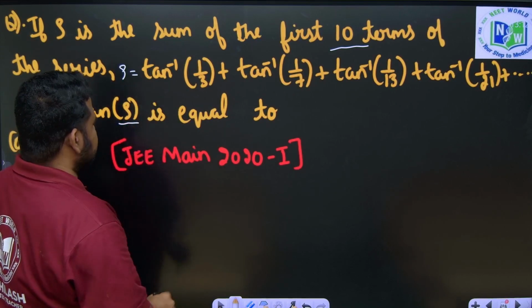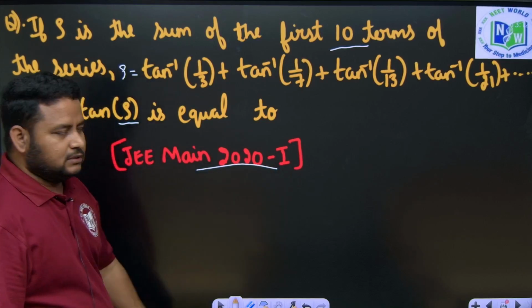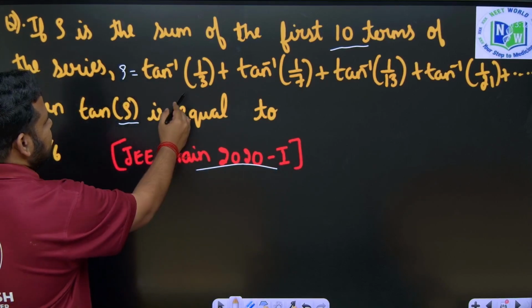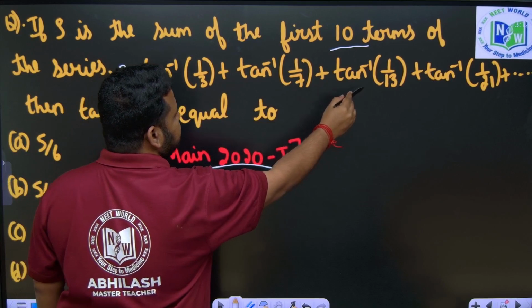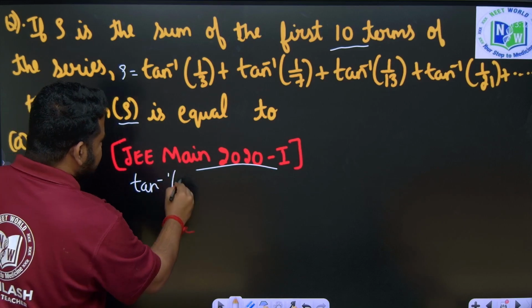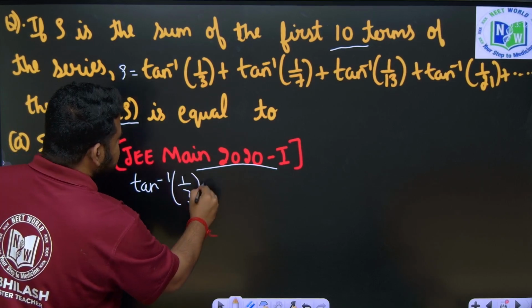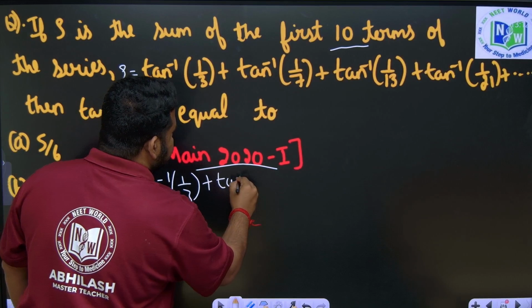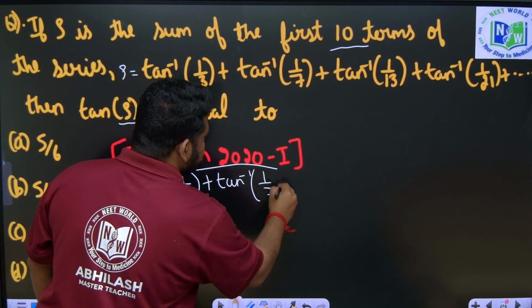S is equal to this one. This is asking JEE Main 2020. Okay, how to solve this? So tan inverse of 1 by 3, tan inverse of 1 by 7, tan inverse of 1 by 13. So let me take the first three terms. They have given tan inverse of 1 by 3 plus tan inverse of 1 by 7 plus tan inverse